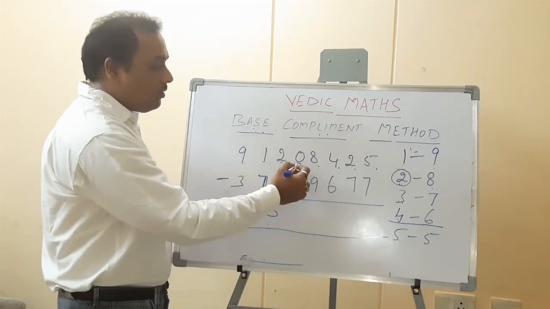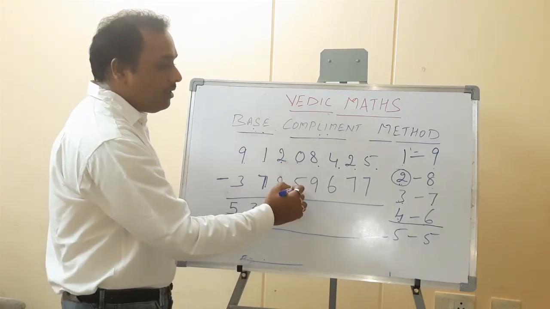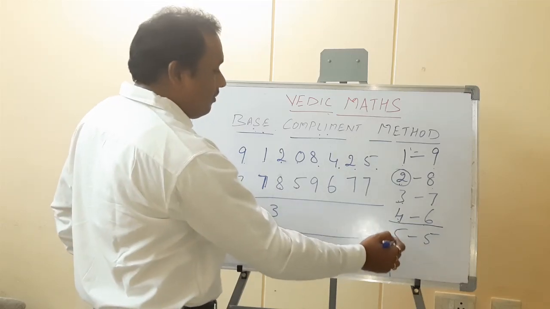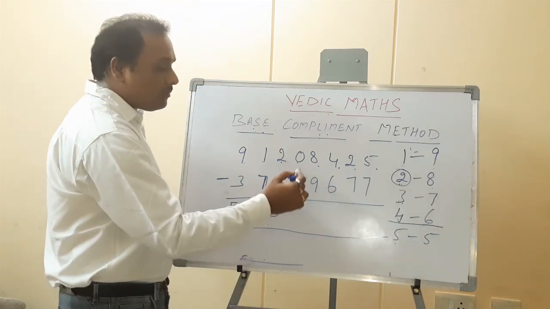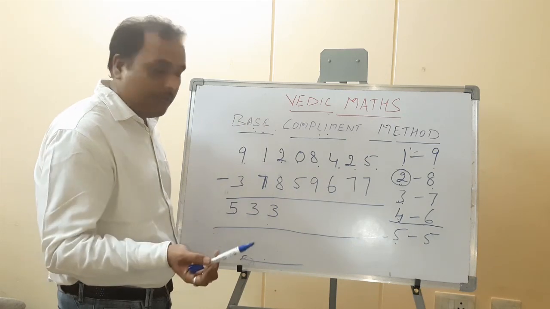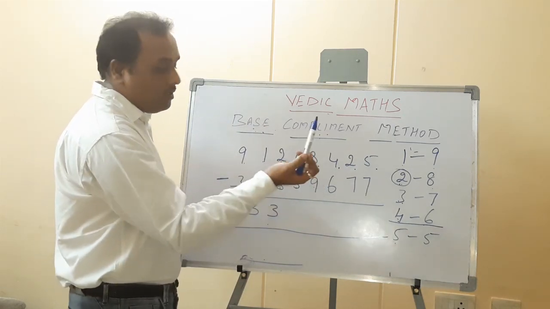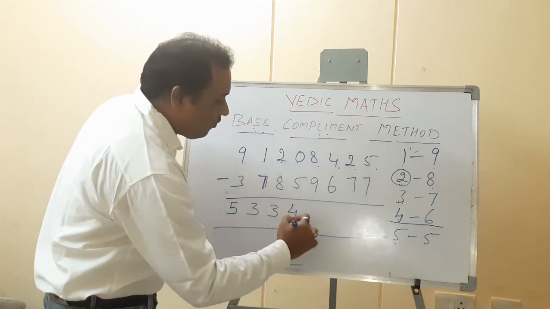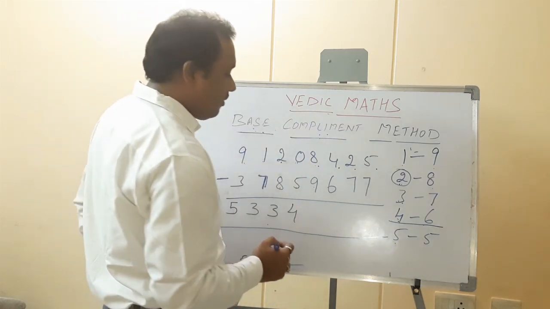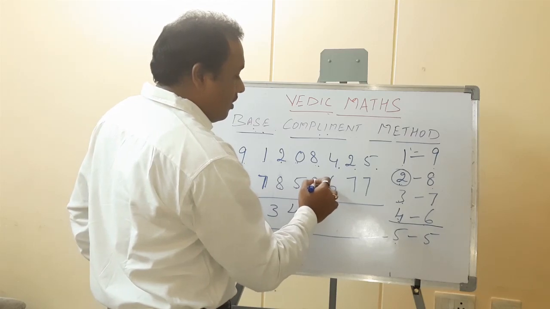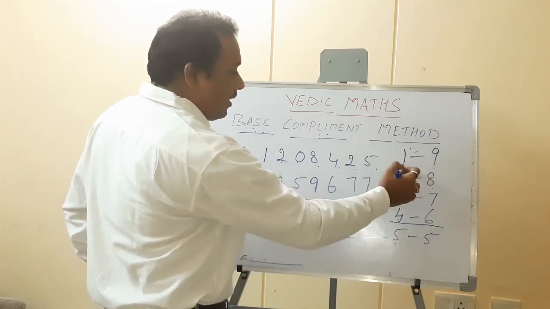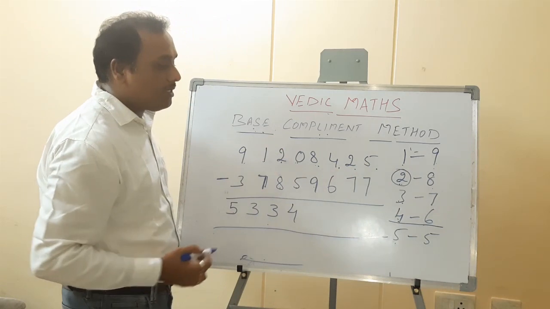So now what I am trying to do here? What is the complement for 5? The complement for 5 will be 5. So automatically 5 plus 0 will be 5 only. But before writing 5, again, can I subtract 9 from 8? No, I am writing it here 4. So now what is the complement for 9 here? The complement for 9 is 1. 1 plus 8 is 9.